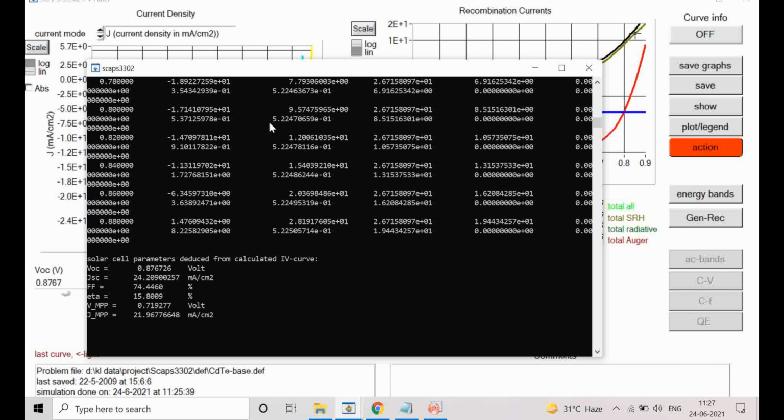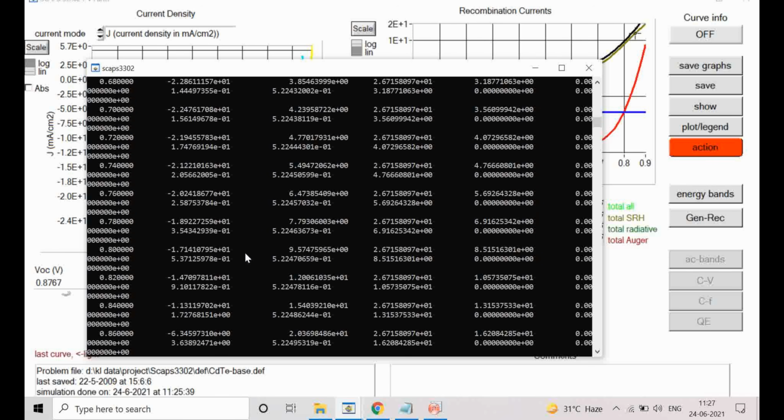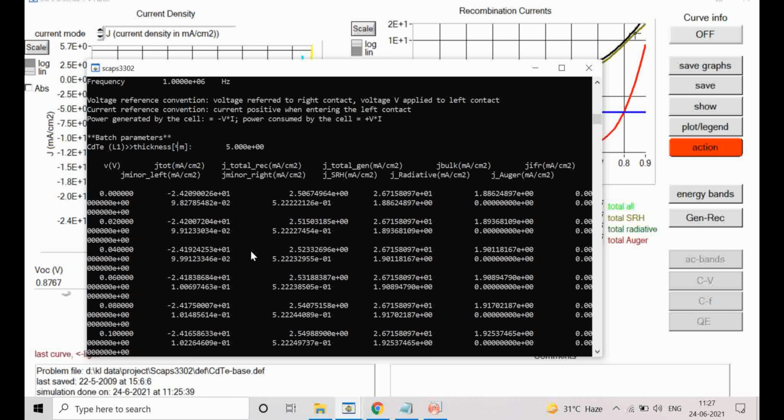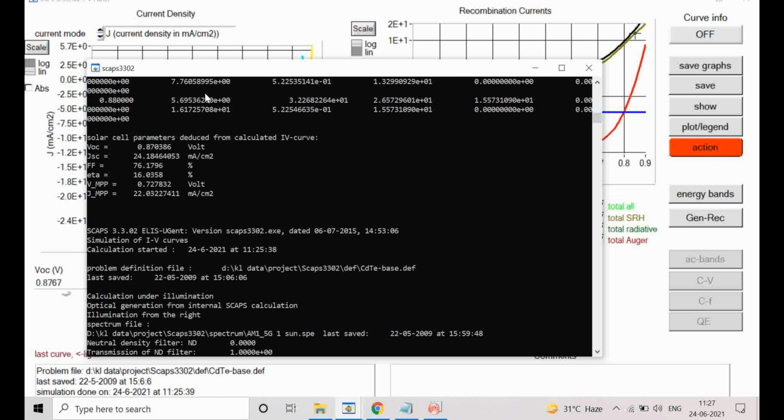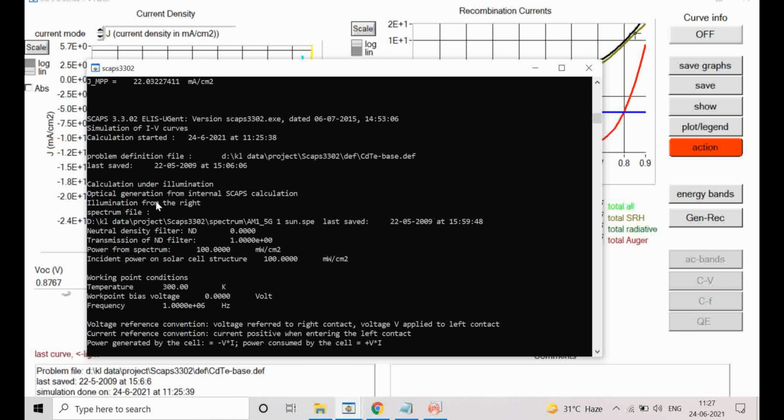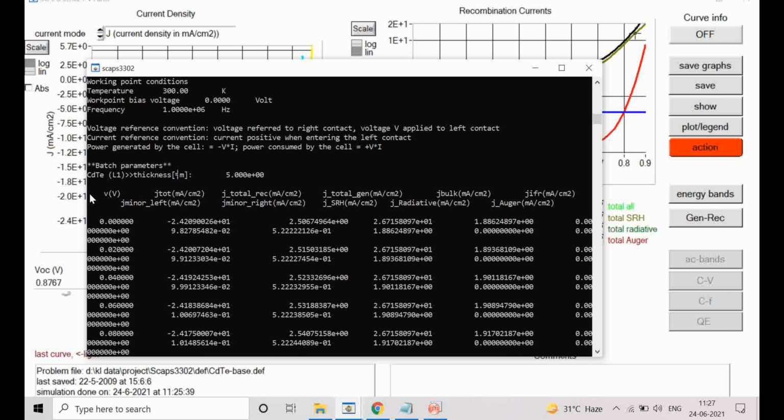So these are the 8 IV curves it will show. What I will do is plot, say, the last IV curve. So this is the last IV curve. Okay, you can see, if I go further, there is one more IV curve. So it is showing 8 IV curves. For the last one, I will copy from this particular V point.